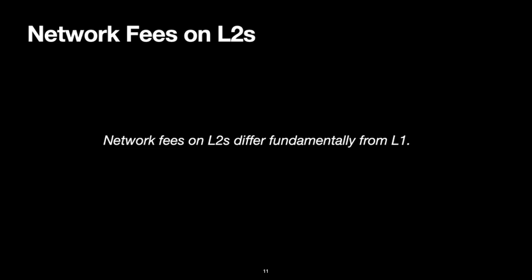So now that we're talking about pricing, there is one thing that I want to highlight, which is that the network fees on layer twos fundamentally differ from those on the L1. And it's really for a very simple reason. The fundamental difference between L1 and L2 economics is that the native L1 assets command something that looks like a store of value supremacy, whereas the L2 simply does not. And the reason for that is quite simple. If you inherit the security as an L2 from the L1, you must be economically subservient.